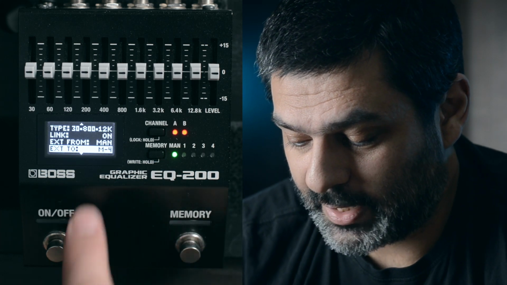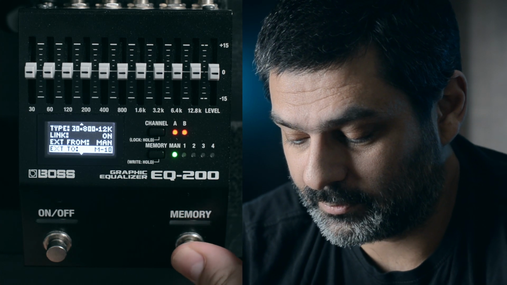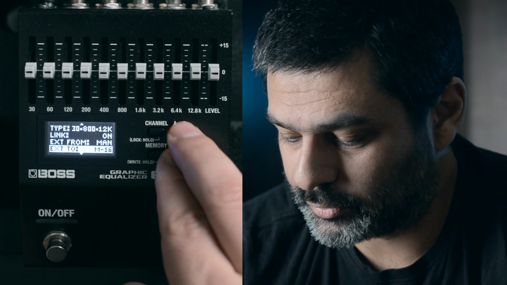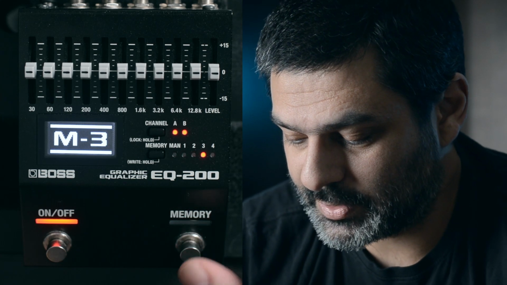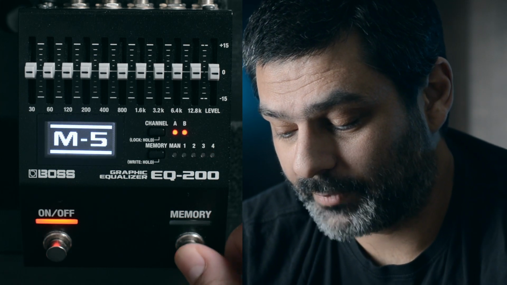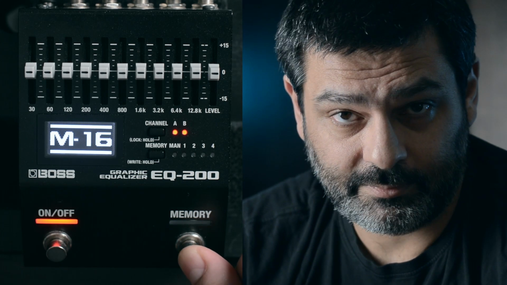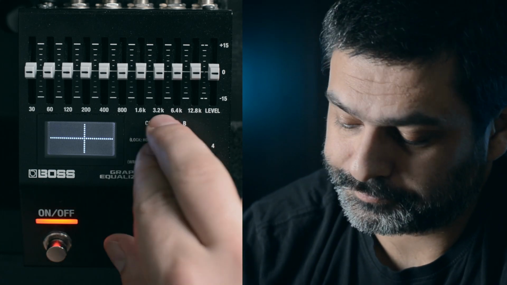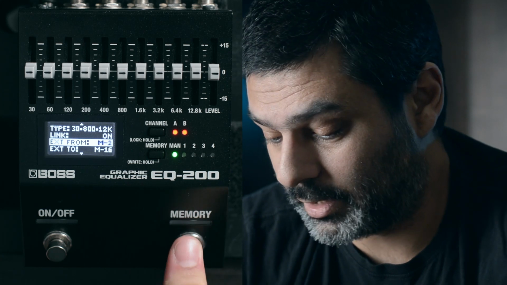So if you come to X2 M4 and start pressing the memory button, you see that you can go up to, let's say 16, just so it's not too much. If you press those two buttons again, and now you start pressing the memory button, you see that it's scrolling. So 1, 2, 3, 4, but instead of coming to the manual after number 4, it carries on going up to 16, and then jumps back to manual again. First question answered.